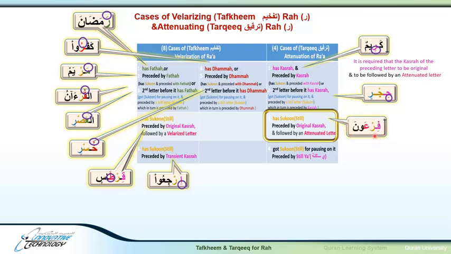Fir'aun, the fa here, is having a kasra, original kasra, and the ra itself has a sukoon, followed by ayn, which is an attenuated letter. So it leads up to attenuation of the ra with a sukoon. Let's listen. وأغرقنا